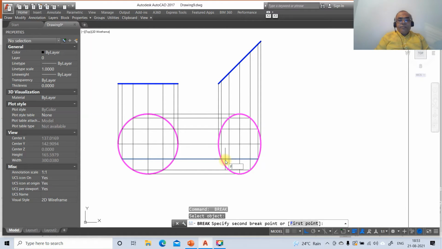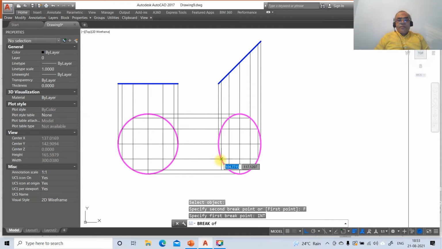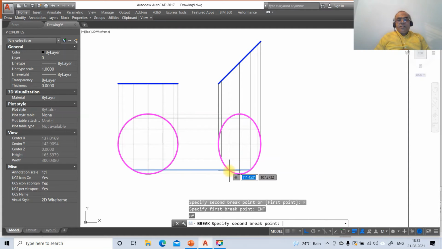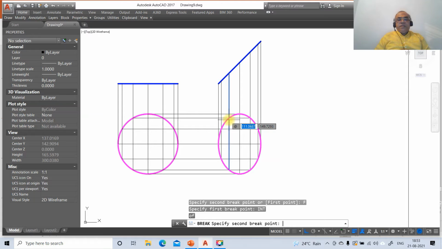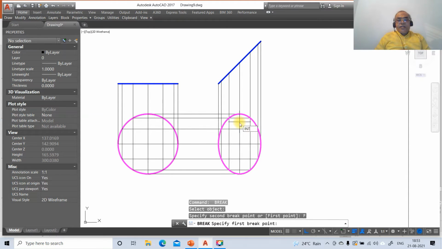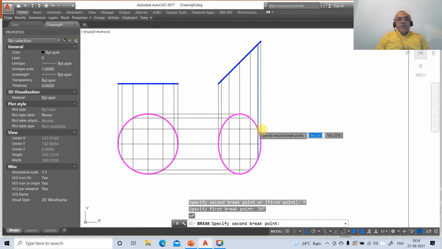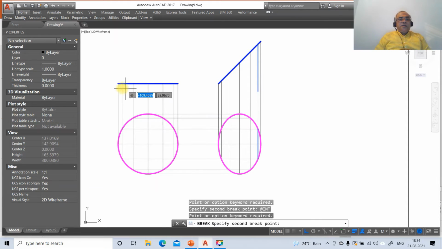And then break, select this first point, take int of this and say at the rate, then break first point, take int of this and say at the rate, then break first point and take int of this and say at the rate. Repeat the same for the remaining points, break first point, take int of this and say at the rate. Then go to line, take int of this,